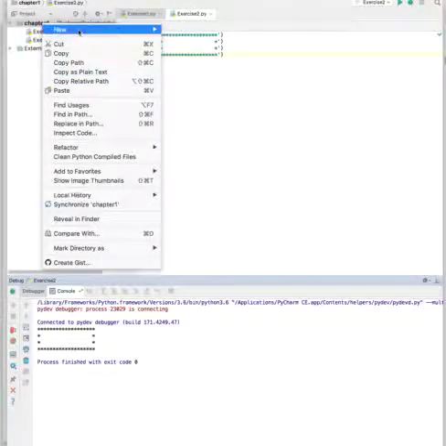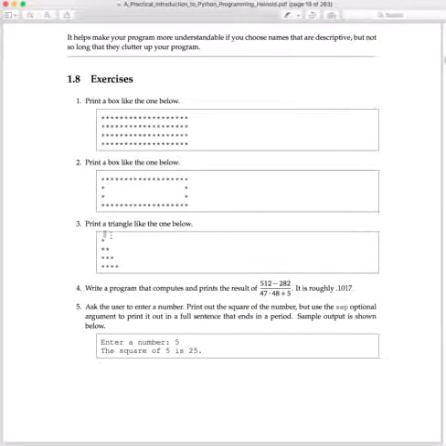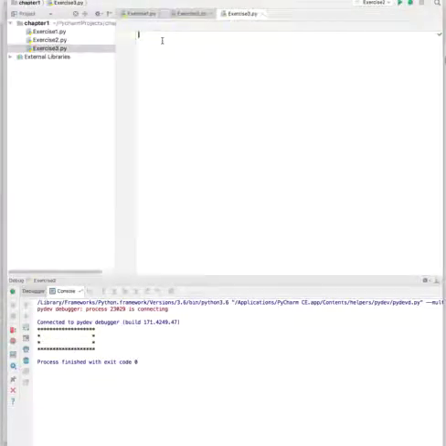So let's go on to exercise 3. So in exercise 3, they're asking to print a triangle like the one below, and this is another very easy program, where basically we have a print command with 1 asterisk for the first line, 2 for the second line, 3 for the third line, and 4 for the fourth line. So I'm just going to go ahead and copy those print statements in, save that, and if we run this,